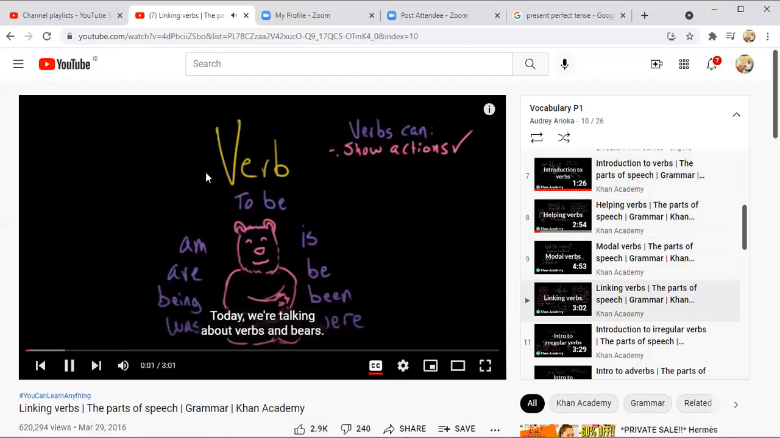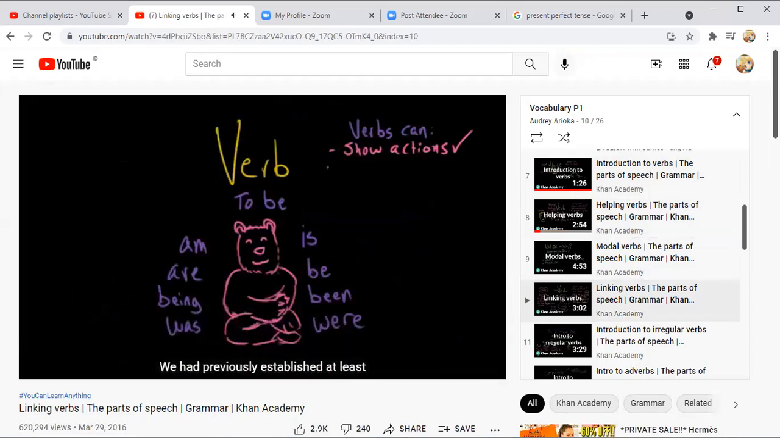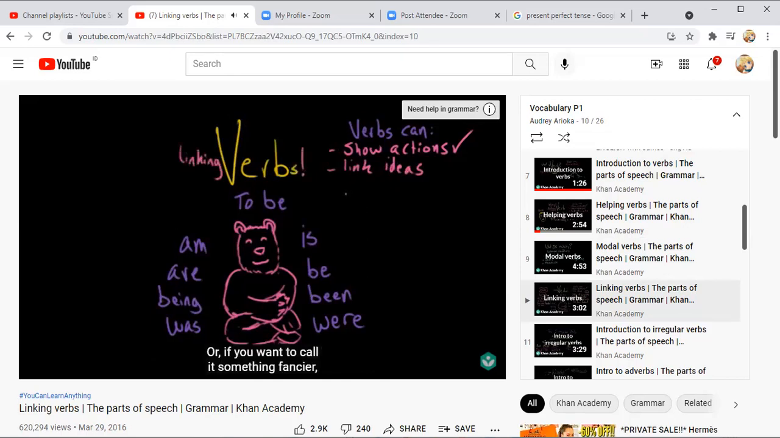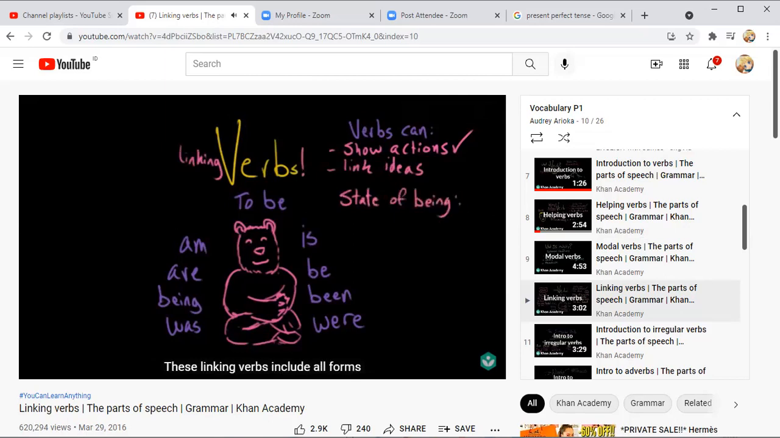Hello, grammarians. Today we're talking about verbs and bears. So we had previously established at least one thing about the verb. That was that it can show actions. But today I'd like to introduce the idea that the verb can link ideas to one another. In fact, we have this whole class of verbs that we call linking verbs. Or if you want to call it something fancier, we call that state of being verbs. These linking verbs all forms of the verb to be, which I've handily written out for you. So I am, he is, we are, nice,